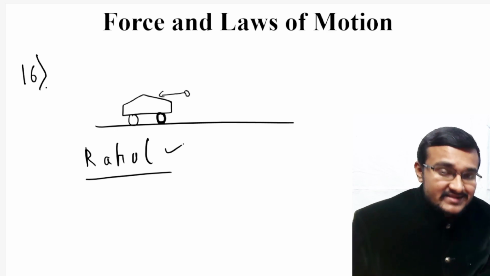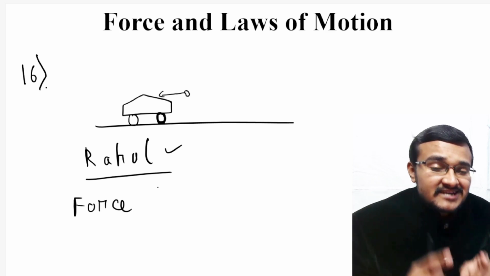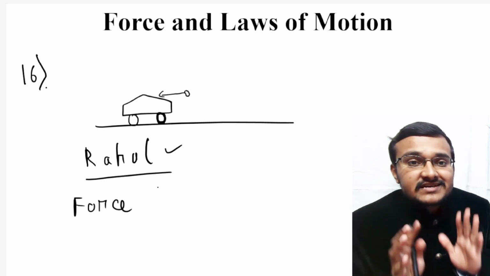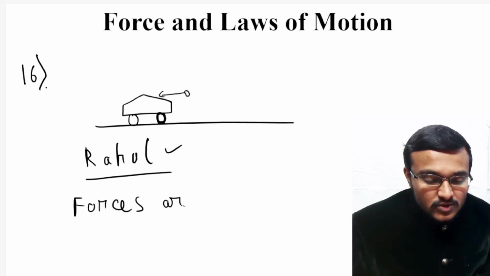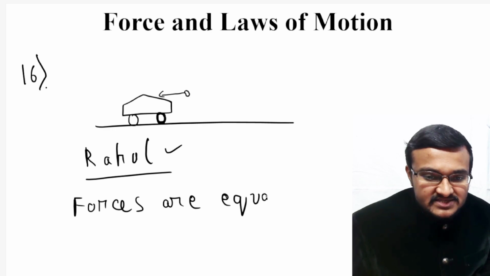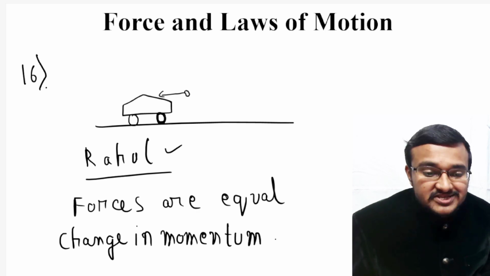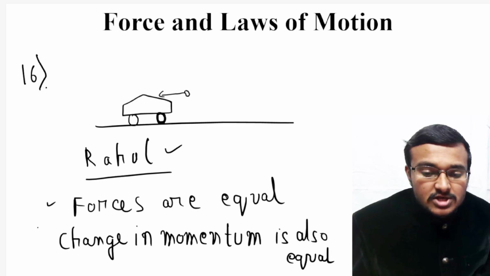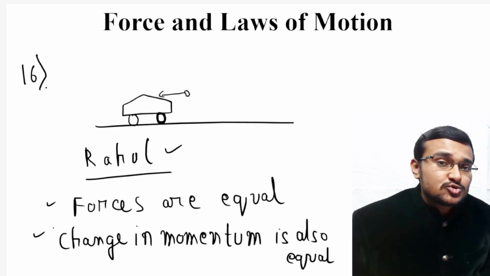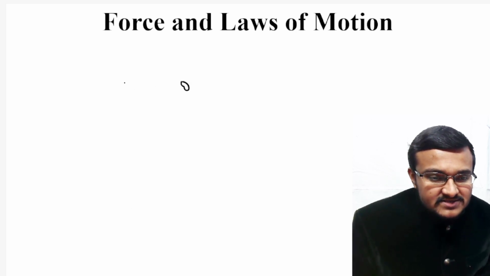Rahul concluded that force exerted by both insect and the windshield are equal and opposite. So here forces are equal and change in momentum is also equal. So here Rahul is giving a conclusion, that is forces are equal and the change in momentum is also equal. So this is the conclusion given by Rahul, and this conclusion is correct because here when a particular insect hits